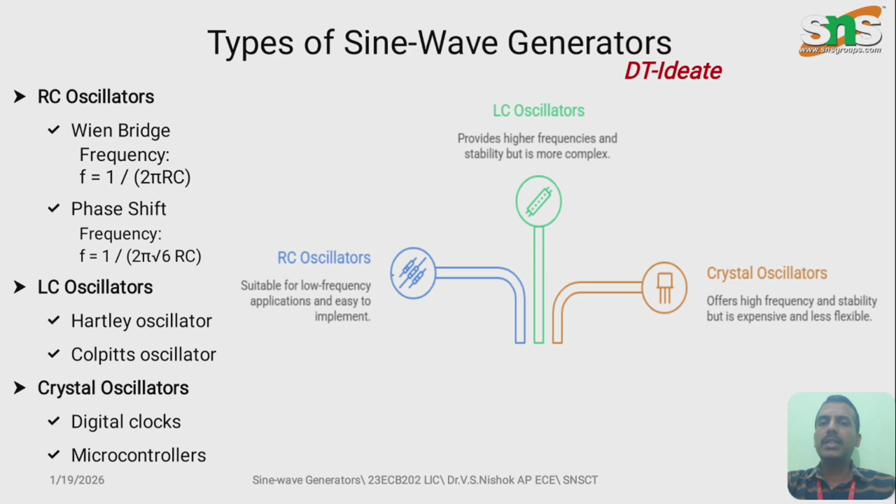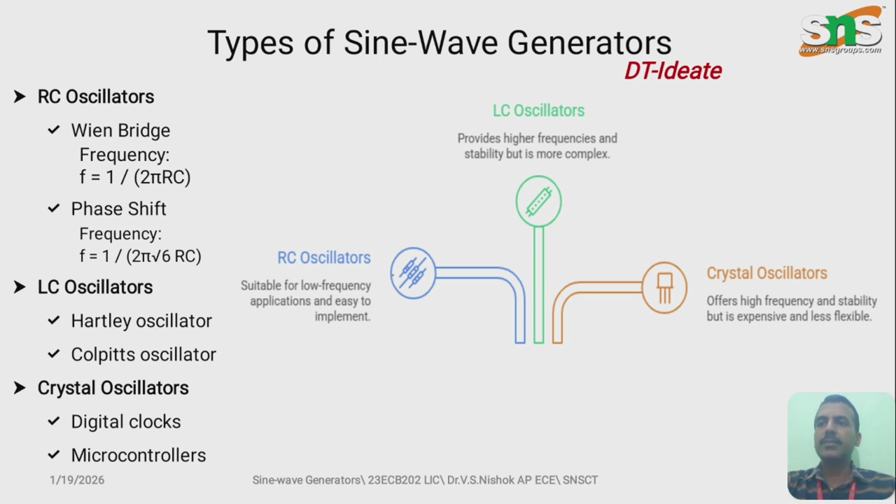So coming to the types of sine wave generator. Based on the uses, it is classified into RC oscillator, LC oscillator and crystal oscillator. RC represents the combination of resistor and capacitor circuit, and LC represents the inductor and capacitor circuit, and crystal represents that instead of resistor, inductor and capacitor, we will be using the quartz crystal in the circuit for providing